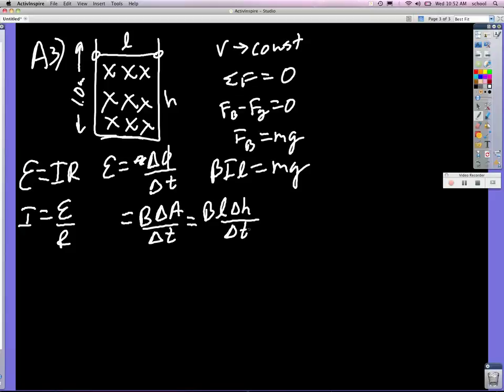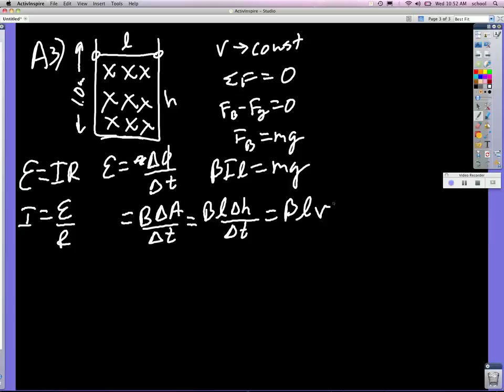Could you have used the other one, QVB sine? Well, you don't know how much charge is in it. You could do it that way. Then you have to say a charge is like one particle, and one particle is 1.6 times 10 to the minus 19 coulombs. You get what I'm saying? And then work it that way. You could. Okay, so from this, I get I is equal to